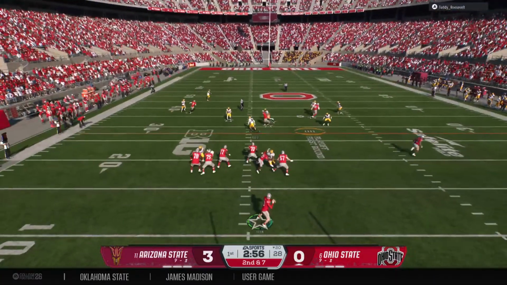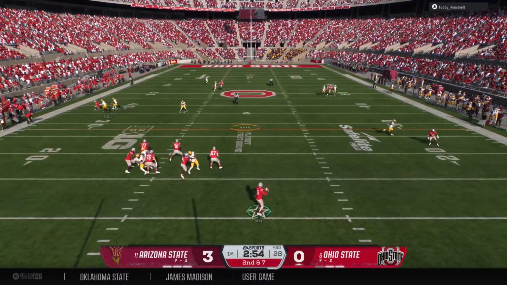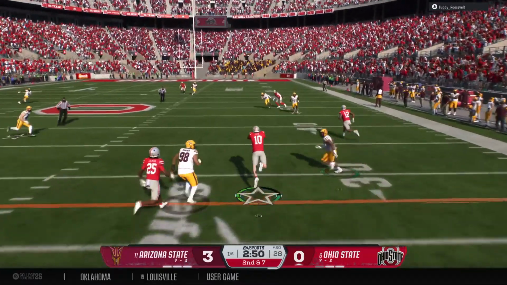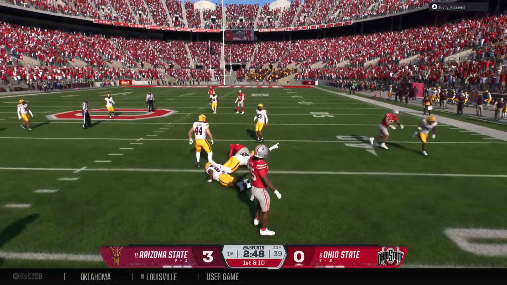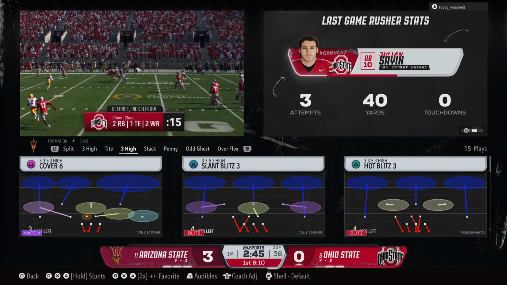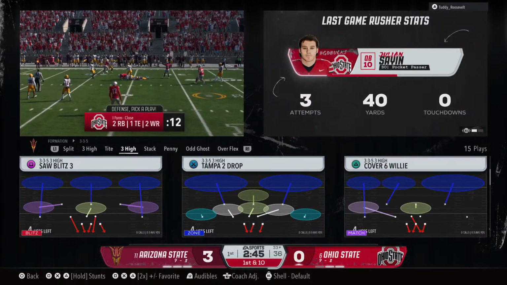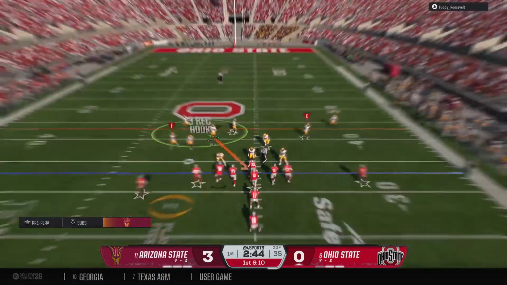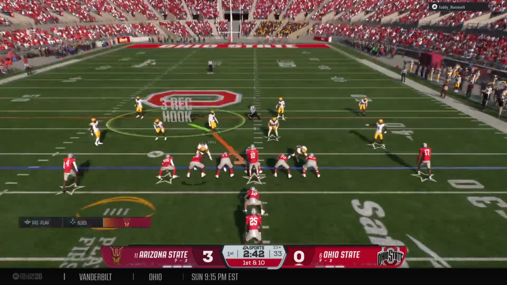Throwing off play action. On the move now. Escapes the pocket. These are the kind of plays that keep defensive coordinators up at night. You spend so much time putting your plan together to stop the pass, and then nobody accounts for the quarterback on a run. First down here for this offense.